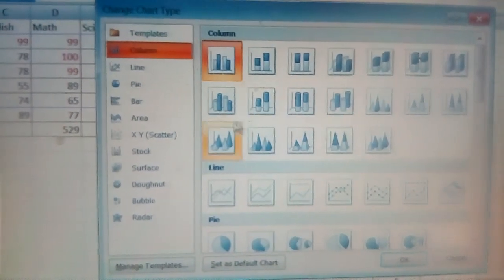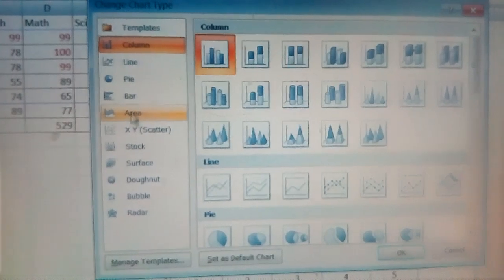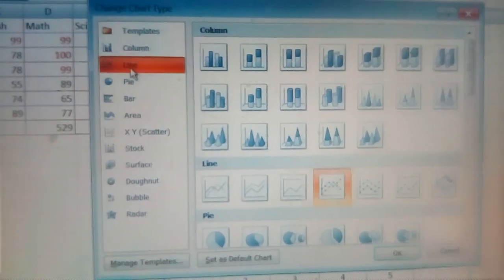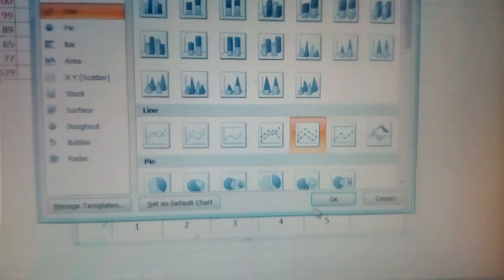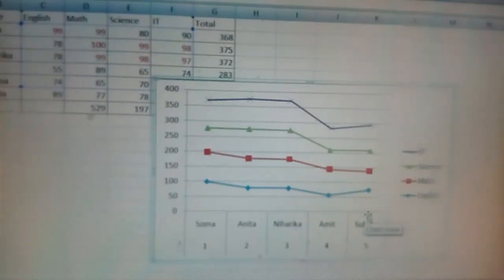Now which chart you want, suppose bar chart, line chart, area chart, you select that. Suppose line chart, so which type of line chart you want, you just select that. Suppose this one and then click on OK.